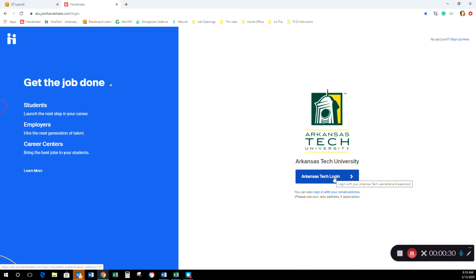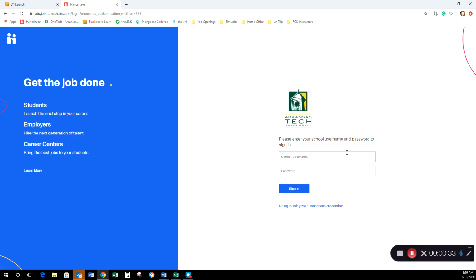There's a Handshake link in the middle of your screen from the Student Life page. This is your login page. You'll click the blue Arkansas Tech login button, and it's going to ask for your username. This username will be the same as the username you use for everything else on campus, which in my case is my email address, mdiffy1@atu.edu. If your full email address doesn't work, try using just your username without the email. One of those two should already be set up for you because we've created an account on your behalf. Your password will be whatever password you currently have on file as a student or alumnus, what you would use to check your email or your OneTech account.